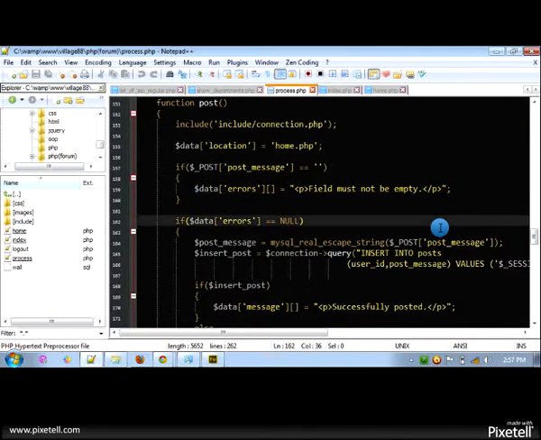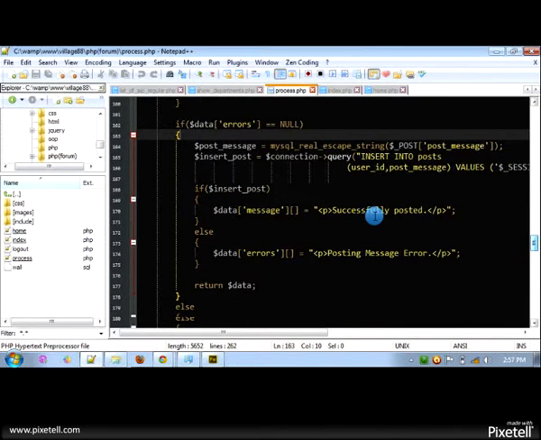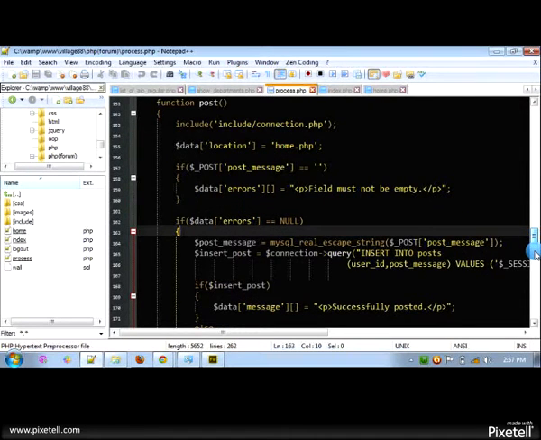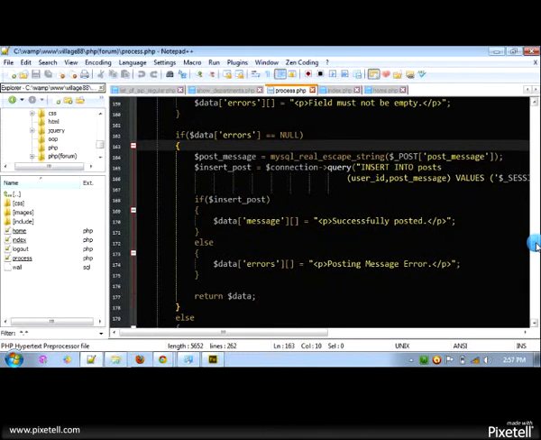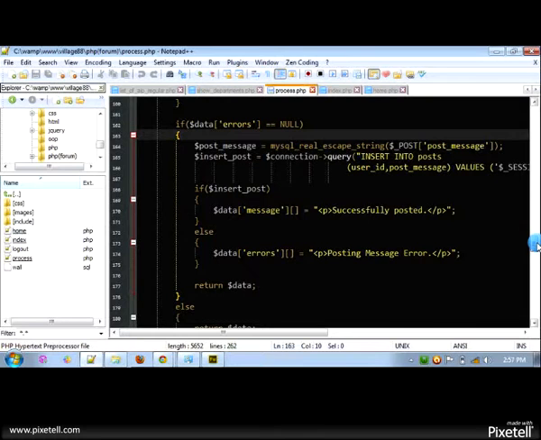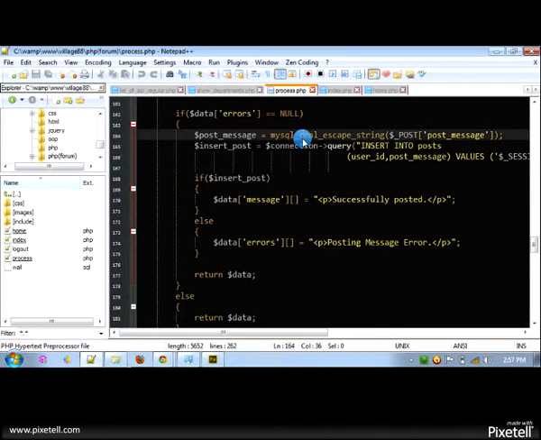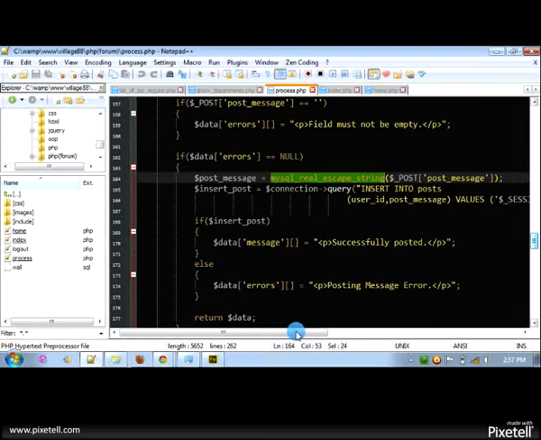If there's no error, it will run this function, and so forth. All of the forms there have some verifications. I've used MySQL escape string to prevent MySQL injection.